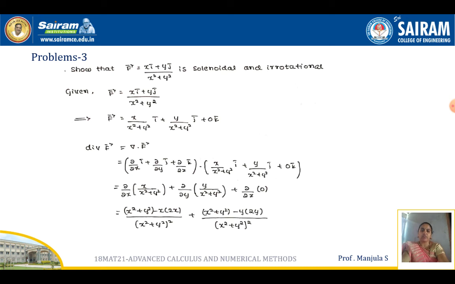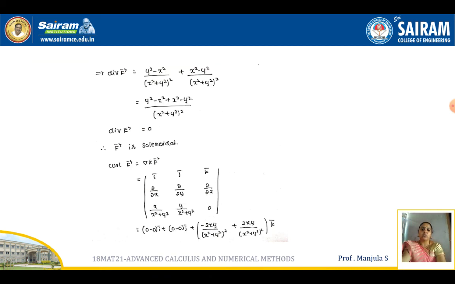Now we'll find out the divergence of f. So del dot vector f, the definition of del will be dou by dou x into i plus dou by dou y into j, dou by dou z into k, and the definition of vector f, you just substitute the given vector f as it is, and then you go for multiplication of these two vectors, so that we can write this as dou by dou x of x divided by (x square plus y square) plus dou by dou y of y divided by (x square plus y square) plus dou by dou z of 0. On simplification, we have to do the simplification with the help of the quotient rule. With the help of the quotient rule, we have to do the differentiation with respect to x and also y. And after that, we have to do the simplification.